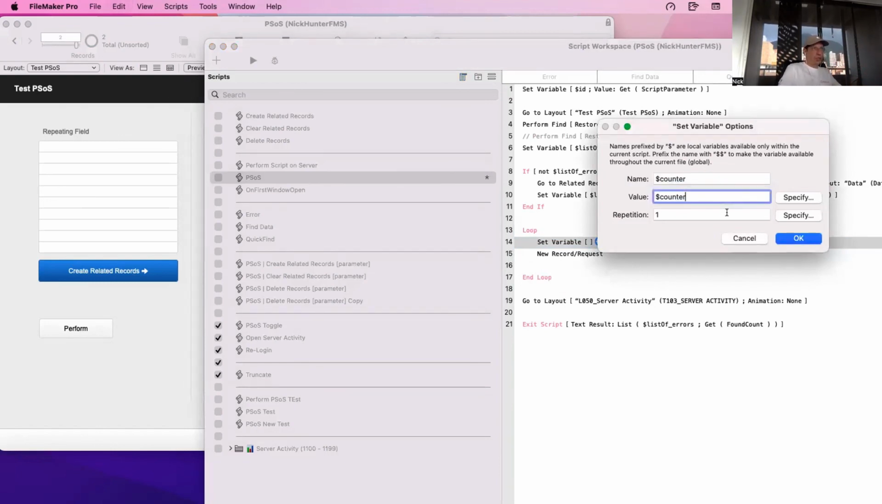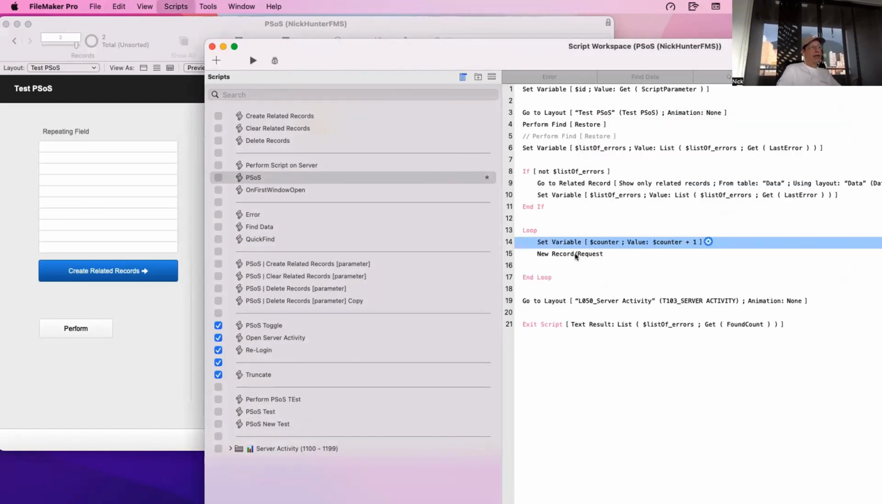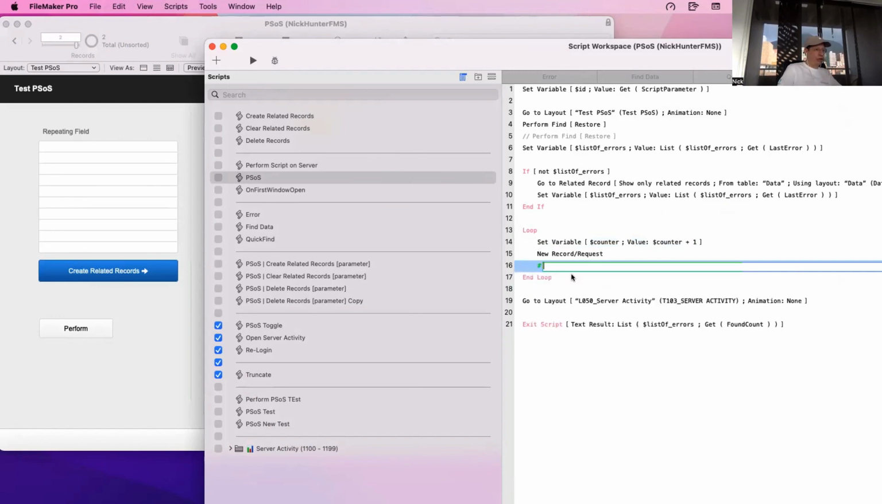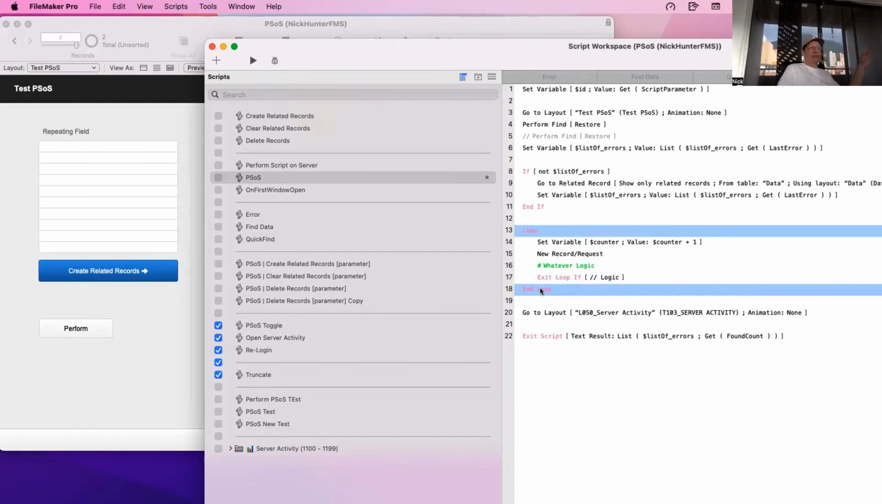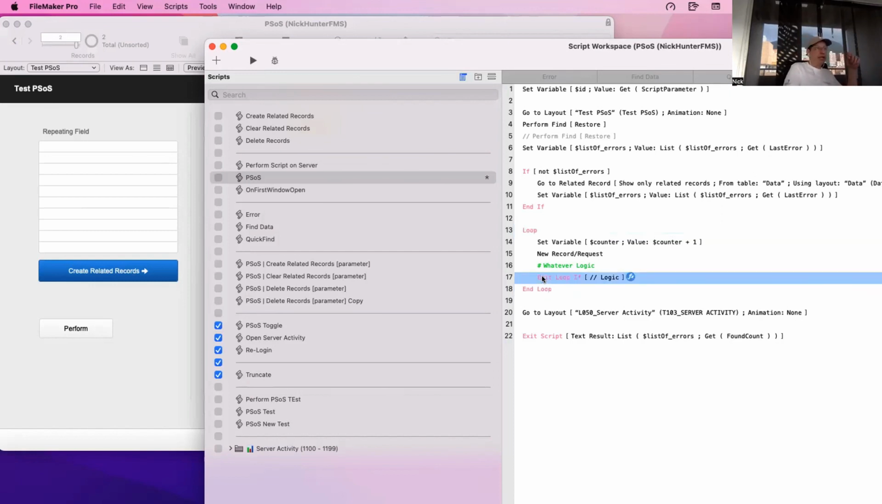And you set +1. So you have a counter, and then you have whatever logic, okay? And then you have an exit loop if, with your logic. But if this fails, the loop will never stop, and you will create billions of records, like it happened to me. So I created a version of this, and I say, okay, I have an exit loop, and in my logic of the exit loop, I said,